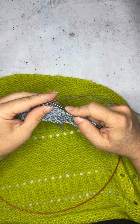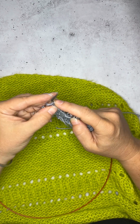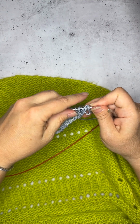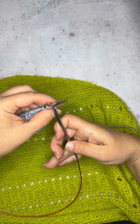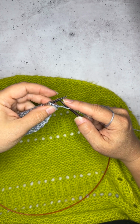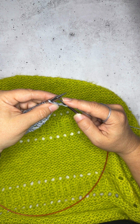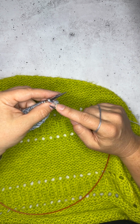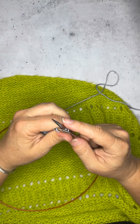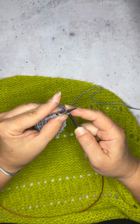Now, for our next row, we're going to work a brioche increase. So on this next right side, we're going to do a brioche increase. We slip our first stitch, and then in this next stitch, we're going to brioche knit, yarn over, brioche knit. So it's similar to the knit, yarn over, knit, but we're brioche, we go in and we bark into this single stitch here. So we brioche knit, yarn over, brioche knit,